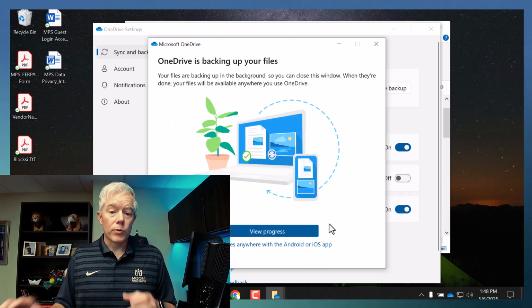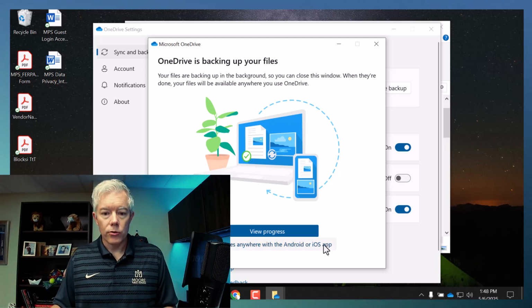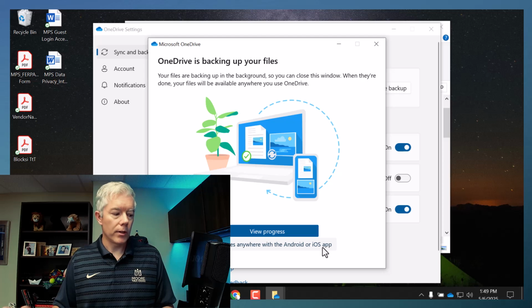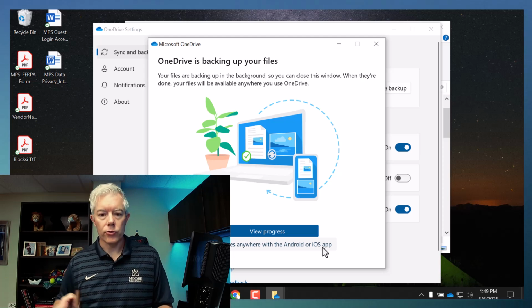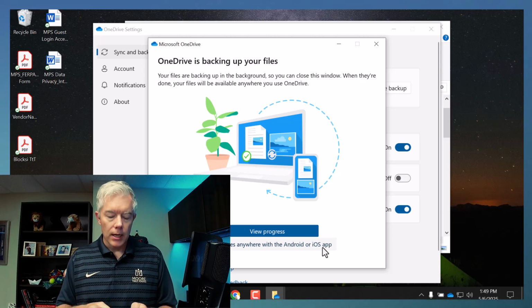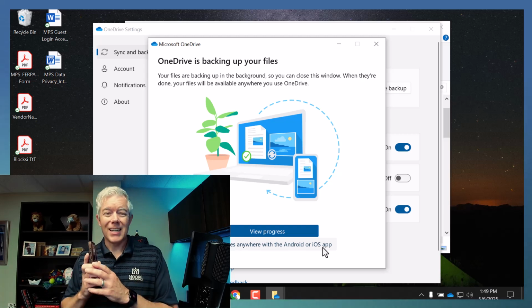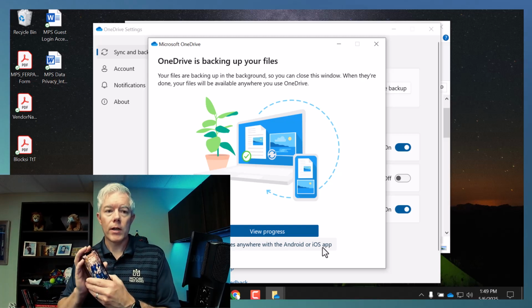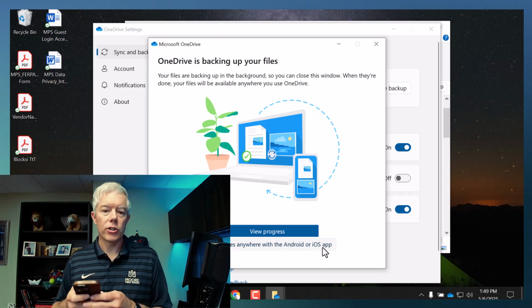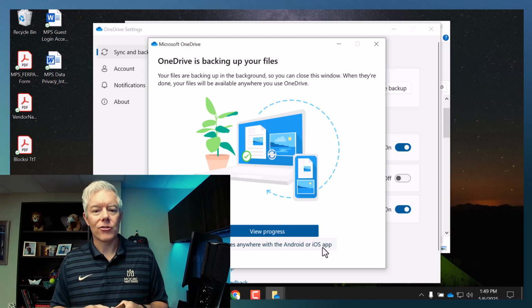Now, another really nice thing, if you're not taking advantage of this, and it's going to prompt you to get your files anywhere with the iOS or Android app. And so if you've got a phone, and most of you do have a smartphone, and you want to download the OneDrive app, it's really cool features where you can get any file that is in your OneDrive right here on your phone. So if you're on the go and you need to share files, or you need to even scan a document so that you have it on your teacher desktop later,